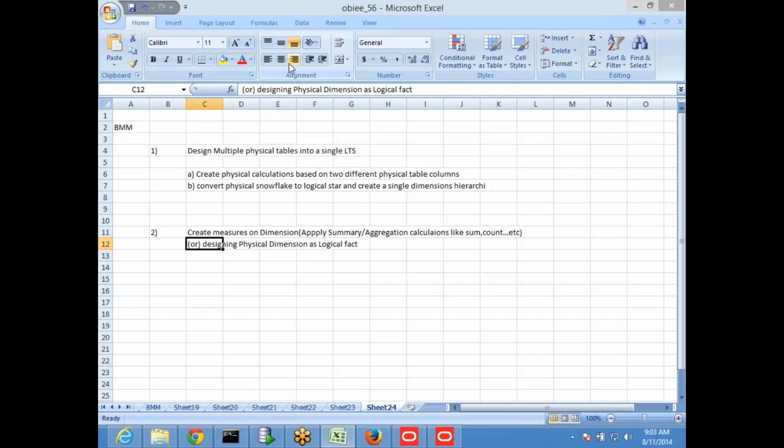Okay, so this is one standard question. How do you get this information? You have to make this act like a logical fact table and then get it. And then another use case is that